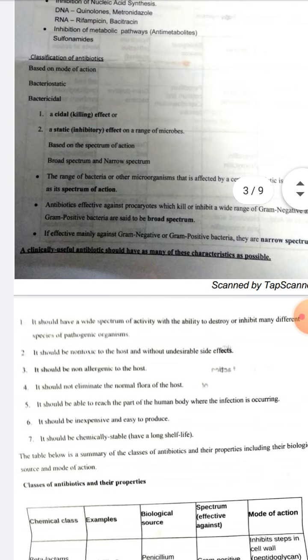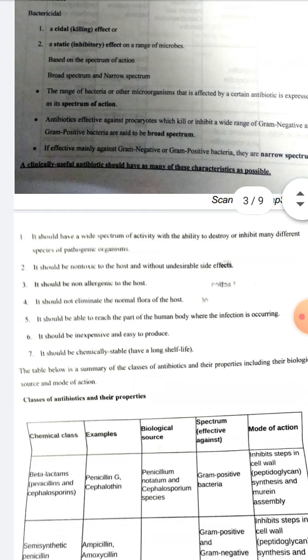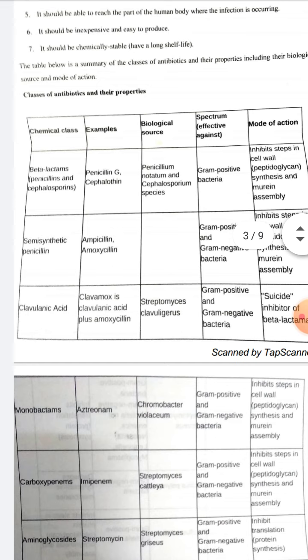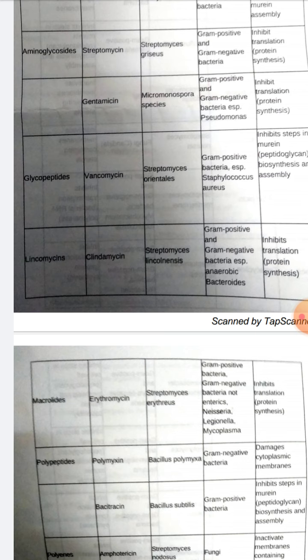So you have totally 9 pages. If you write it in a notebook, more pages will come. So first write it in your notebook, then you will understand. You have to write it in your notebook, then you'll be able to know how much you can write and how much time it takes for you to complete this antimicrobial chemotherapy, and according to that you have to manage the time in your exam and write it. Only then it will be easy for you. Otherwise you might take more time for writing this one question itself.